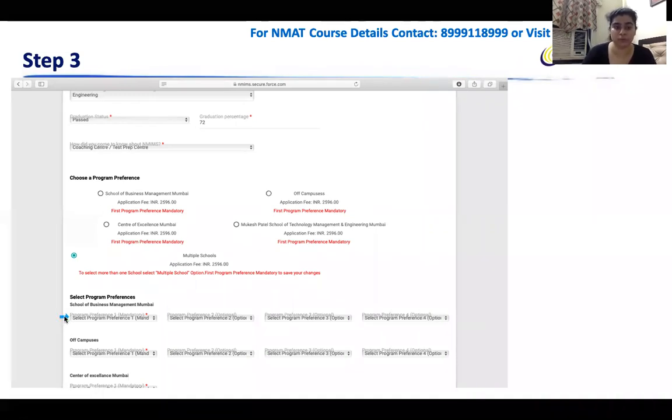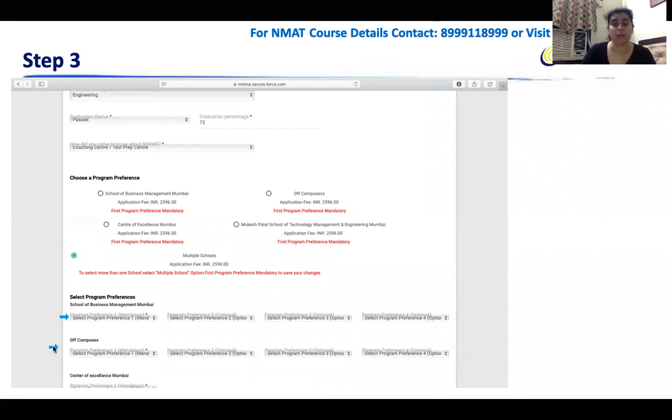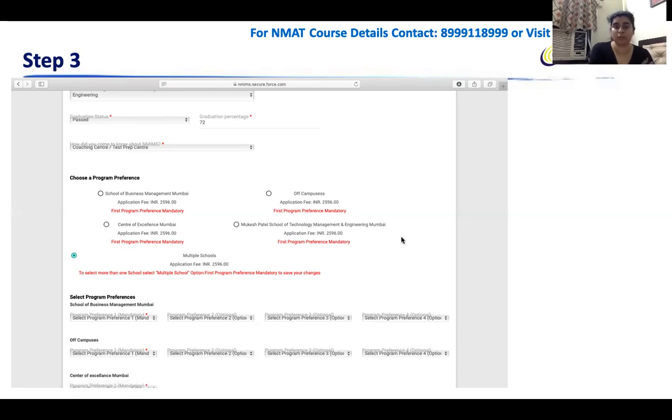So you will choose, in School of Business Management, what is your first preference, and the second is mandatory too, and third and fourth are optional. In off campuses, again, you have to choose first what is your first preference: Bangalore, Navi Mumbai, Hyderabad, Indore. So you choose from the options available here. Ensure that you select one of them as your first program preference, which is mandatory in whichever school or program you choose.